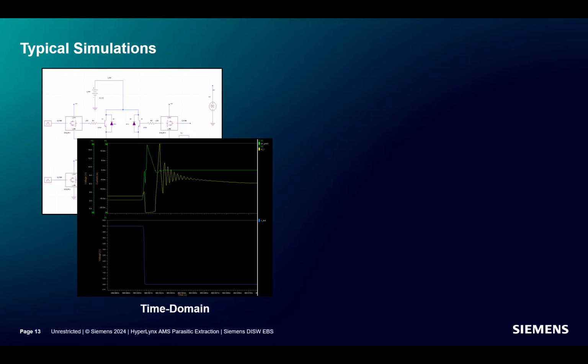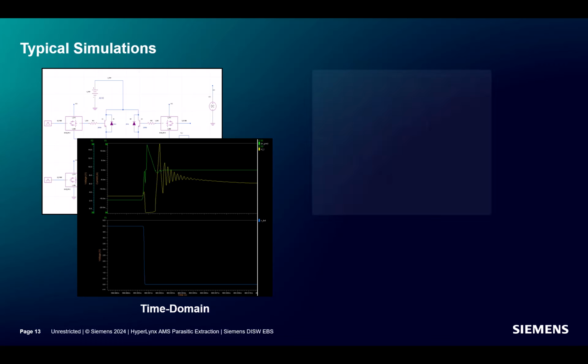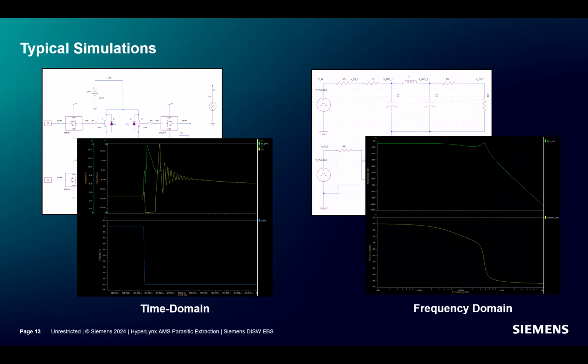Finally, we can set parameter settings affecting performance, namely convergence, accuracy, and speed, of DC operating point and time domain simulations. For a frequency domain simulation, Hyperlinks AMS calculates the behavior of all models in the design at certain frequencies.